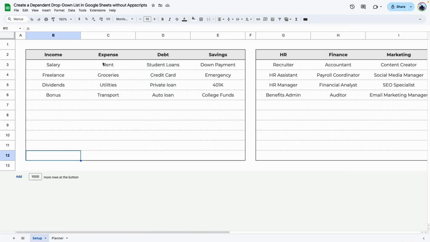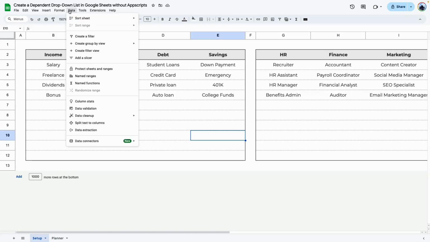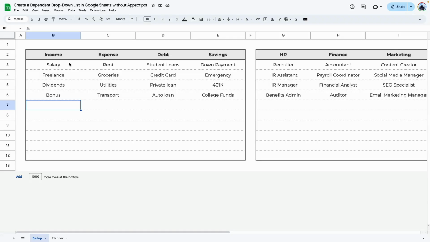Another easy way to add a named range would be to select the entire area and just type over the cells right here and hit enter, and it would automatically save it. So that's a quick, easy way to do it without having to go to data, named ranges, and then doing it that way. All right, so now that we have our 4 named ranges done for our 4 categories,